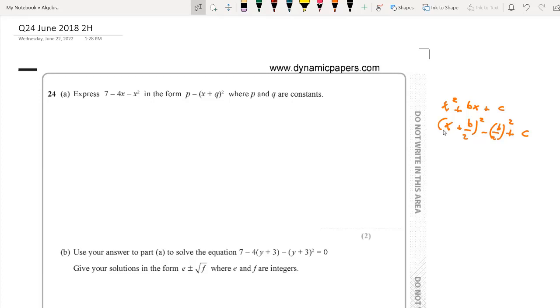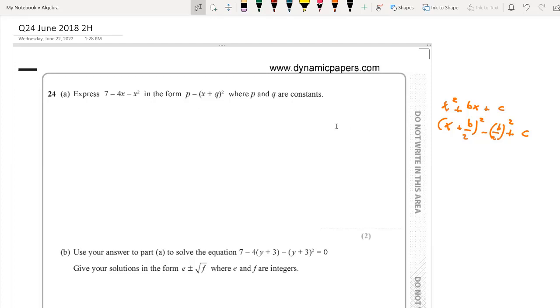This particularly means that if the coefficient of x squared is positive 1, then you can complete the square by this rule. So in order to make the equation 7 minus 4x minus x